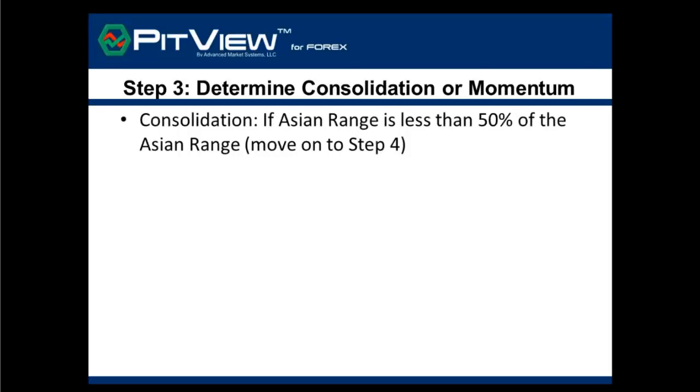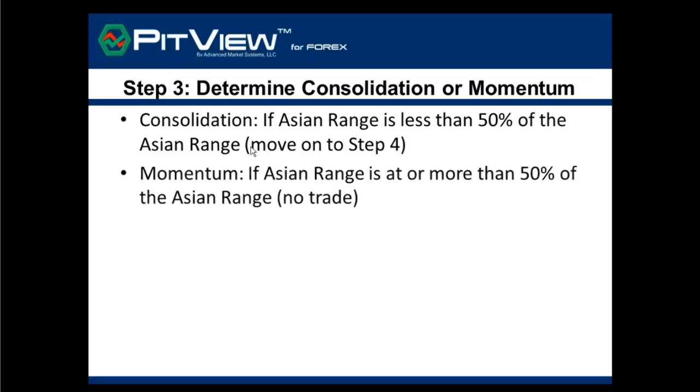Now, we're about to get to where PitView helps us with this, but the first trade filter that we have in a strategy like this is we are looking to trade a momentum breakout during the London session. In order to trade momentum, we need to ensure that the pair that we're trading has been in consolidation mode during that Asian and Sydney session. So consolidation means if the Asian range is less than 50% of the 30-day ATR,